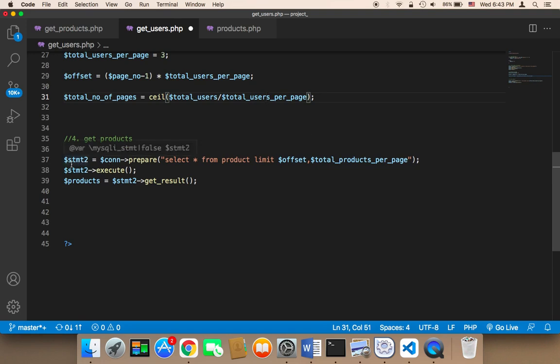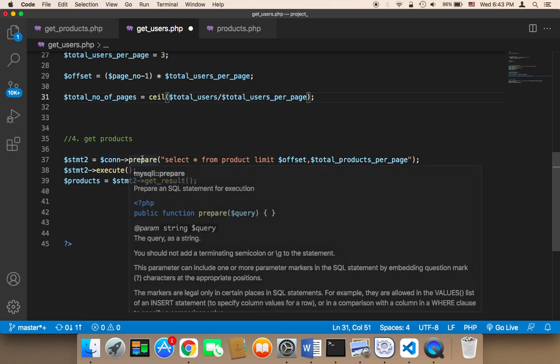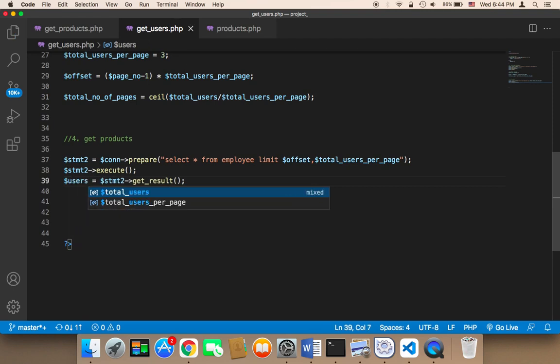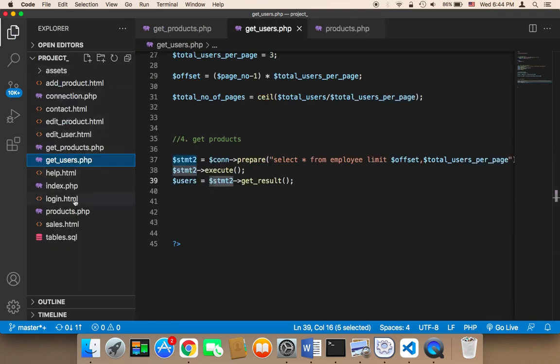And here we need to say connect, prepare, select all from employee. Limit, offset, total users per page. And then execute, and then get result. And here the variable is going to be users is equal to statement get result. Now remember in the